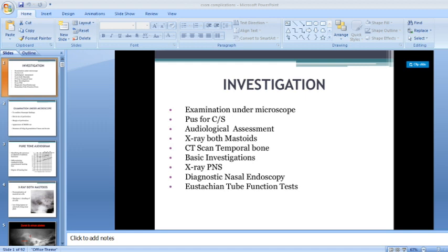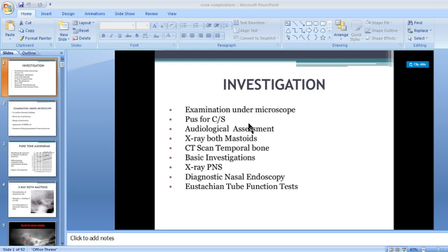So when you see a case, ideally your approach should be, even for your clinical subjects, now that you will be having your postings, your wards later, try to follow the patient from the time when he is coming to OPD to the time he is getting discharged. What are the step-by-step things which are done to cure the patient of his illness? The whole spectrum includes management.